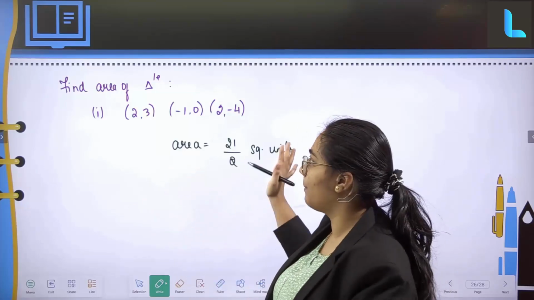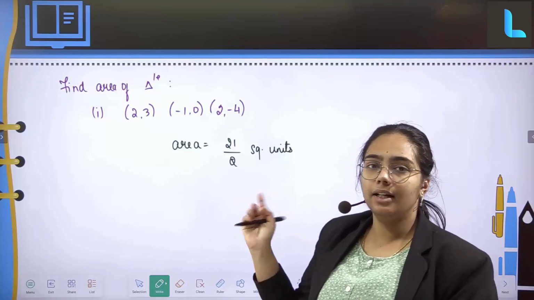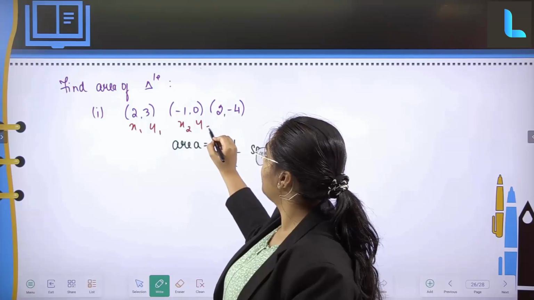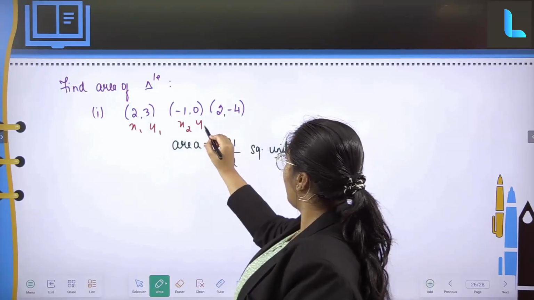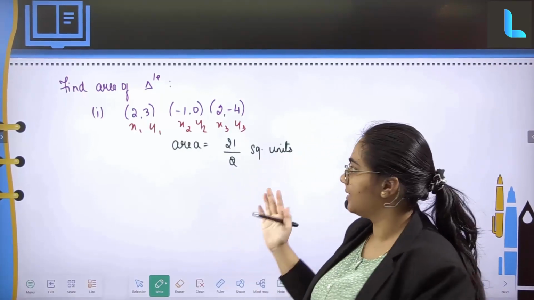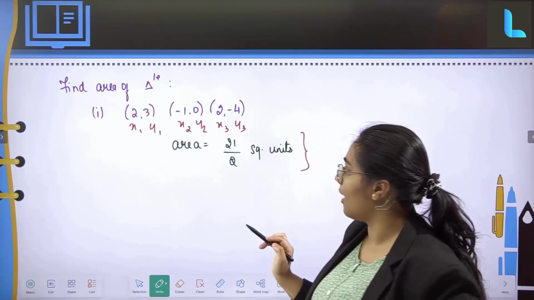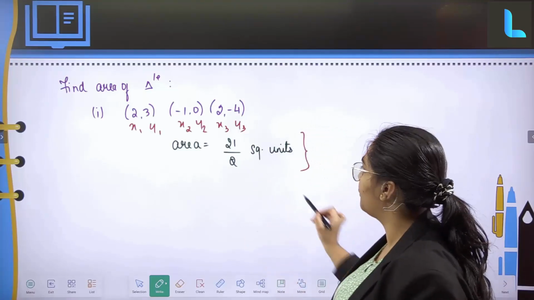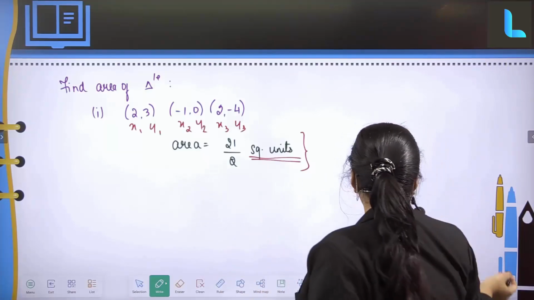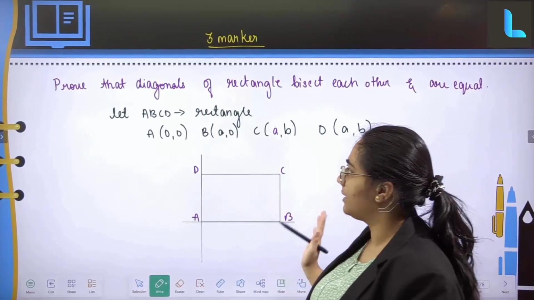Next question. You have to find out the area. So this is for your practice. Just apply the formula. Be aware of the formula. Then apply the points x1, y1, x2, y2, and x3, y3. This type of question obviously comes. That is the reason I have just given you this for practice. So when you solve for it, the answer you have to get is going to be 21 upon 2 square units. Writing in the units is also important. Clear?